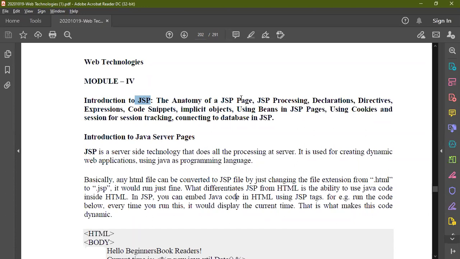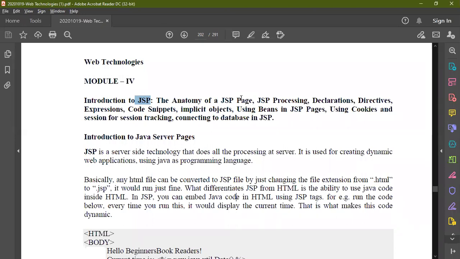At the business logic layer, we can use different types of technologies, as already discussed. We can use servlets, JSPs, ASPs, active server pages, and also PHP. These are the various technologies that can be used at your business logic layer. Then we can have a question: generally we have servlets, the first type of technology that was created.